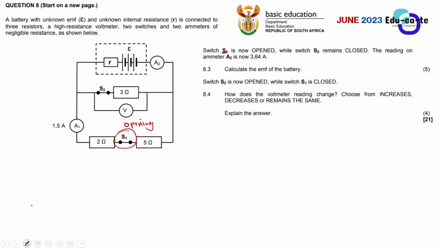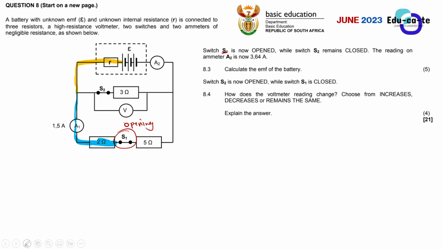How do I mean? Remember that our total current was the one that was flowing from the positive terminal, right? And when it reached here, it was supposed to split. Some of it was going to the 2 ohms, some of it was going to the 5 ohms. But the moment I'm opening this switch S1, there is no current that will be going to the 2 ohms resistor and the 5 ohms resistor. Guys, current cannot just do this dramatic move. Cannot just tell me that current is split and it will flow and it will only reach the 2 ohms, but it won't reach the 5 ohms because this is open. No, that is not how current works. Current cannot just be shortcutted in this way that it just reaches the 2 ohms alone.